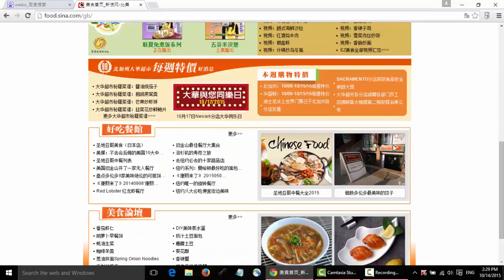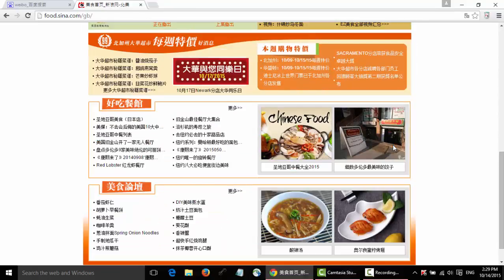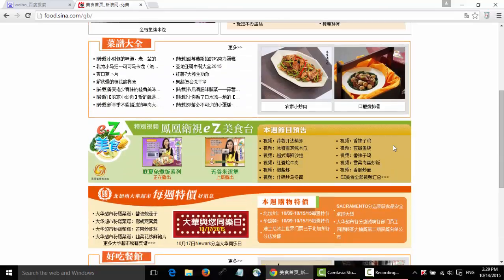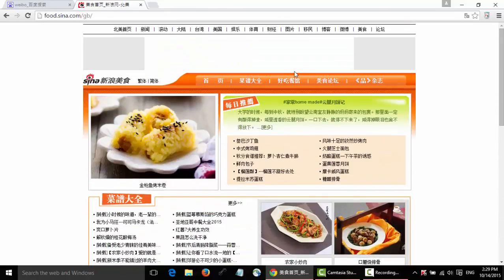It has a lot of resources. It's very useful for my people. It also has images.